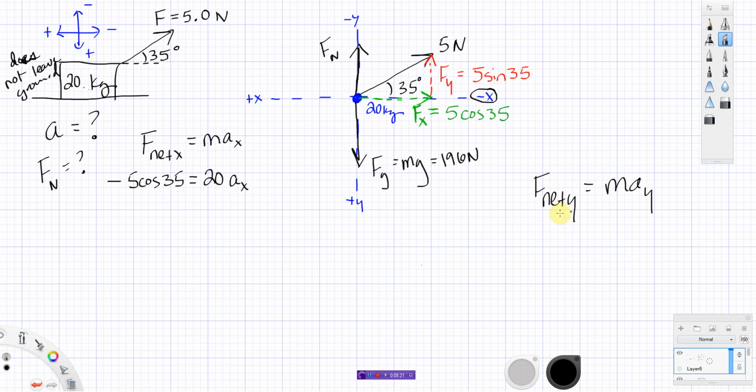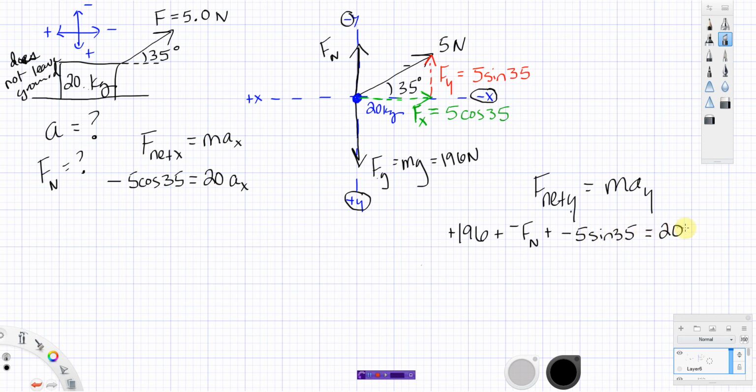So F net y, looking at the y direction, I've got normal force, I've got gravity, and I've got the y component of the 5 Newton force. So I'm going to write all those down. Now be careful of your signs. I chose down to be positive, so I'm going to start with that one. I'm going to write 196, a positive 196, plus Fn is in the negative direction, so negative Fn, plus Fy is also pointing up, which is the negative direction, so negative 5 sine 35